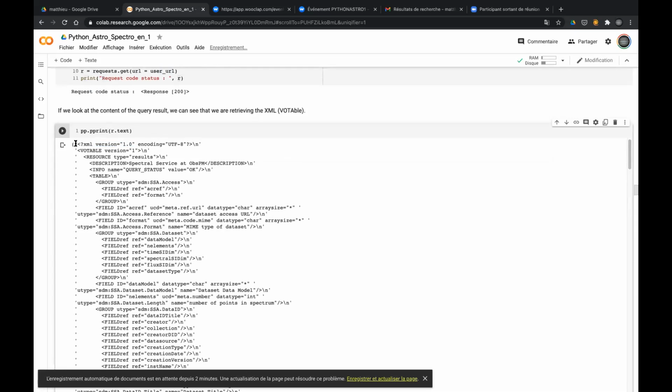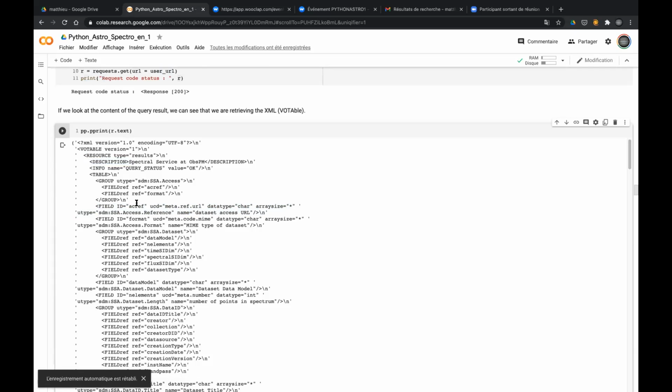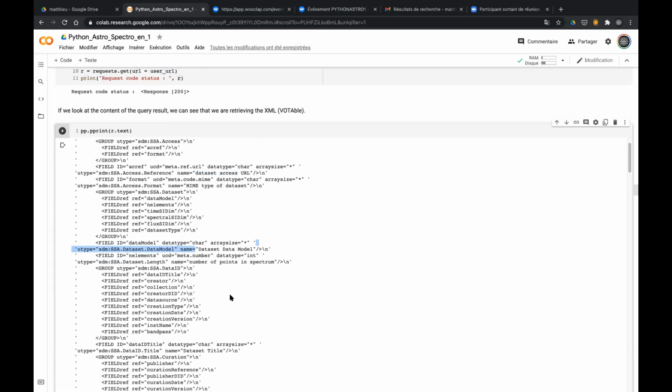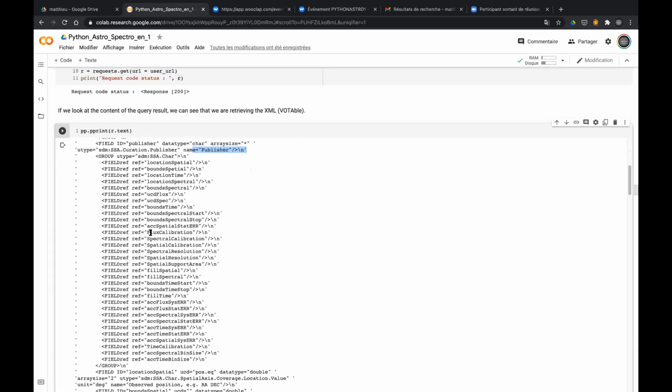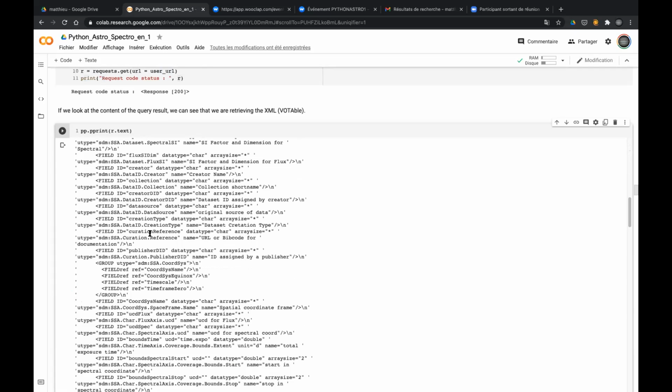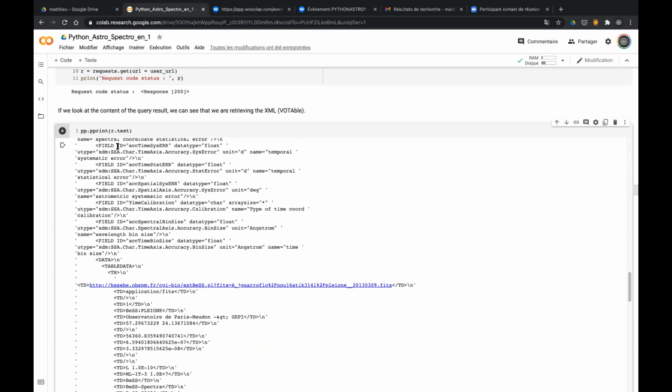the XML code with the VOTable tag, resource tag, description. You have a lot of fields. The first one, after the table tag, is the meta ref URL. It is a dataset access URL, a link to the FITS files, so we can use it to download the FITS files after. You have the MIME type of the dataset, the dataset model, the publisher, etc. So there are a lot of fields, and if we go down,